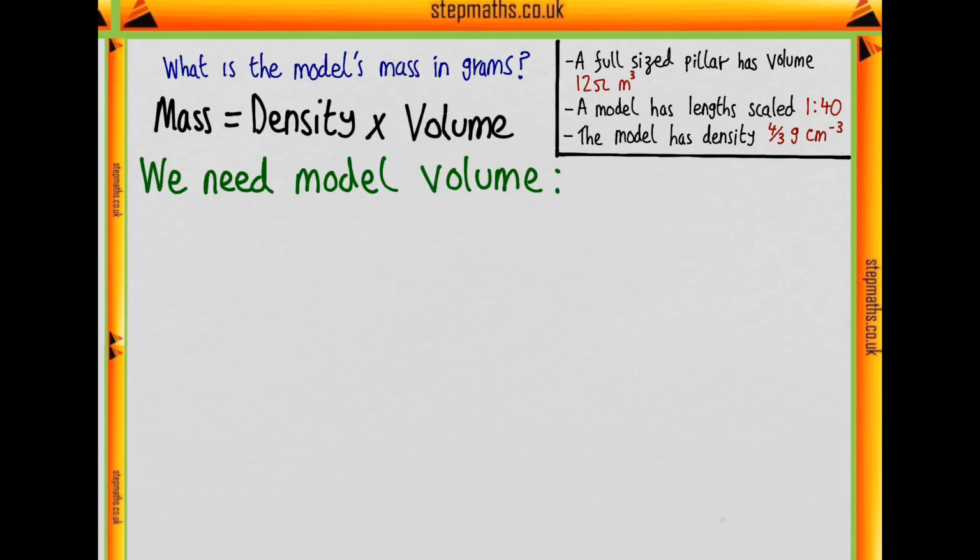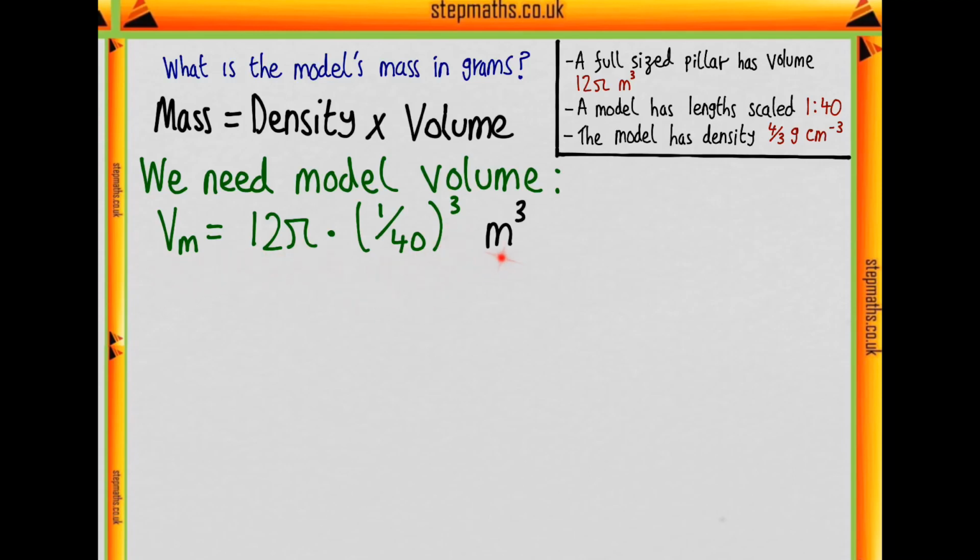So we already know about the volume of the big model. We know it's 12 pi metres cubed. And we know the lengths are scaled 1 to 40. So that means every length dimension on our model pillar is 40 times smaller. So the volume will be 1/40 cubed as a factor smaller, because all the dimensions are a 40th of what they were. So we know the volume of the model, we'll call this V_m, is equal to 12 pi times